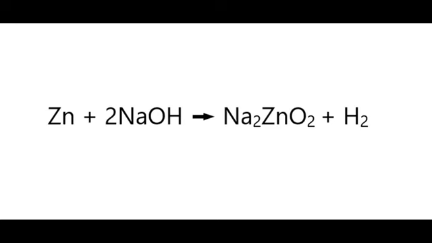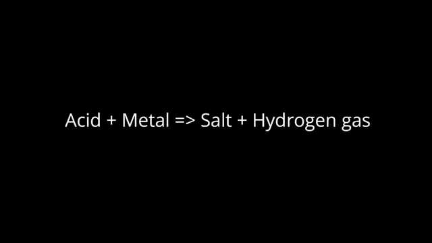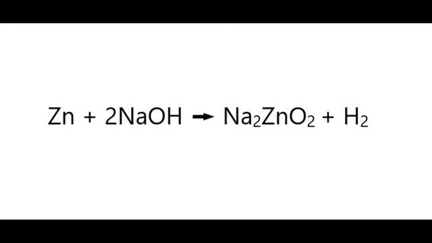Now, when we initially started this reaction, we talked about an acid reacting with a metal to give us salt and hydrogen gas. But in the experiment, we observed that when a base reacts with a metal, we get the same products, a salt and hydrogen gas. Now, if you are confused about why NaOH is a base and not an acid, don't worry. You will understand that when we talk about acids and bases reacting with water. For now, just remember that we performed this experiment with a base, which is sodium hydroxide.